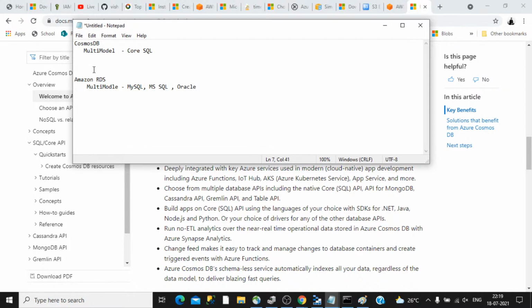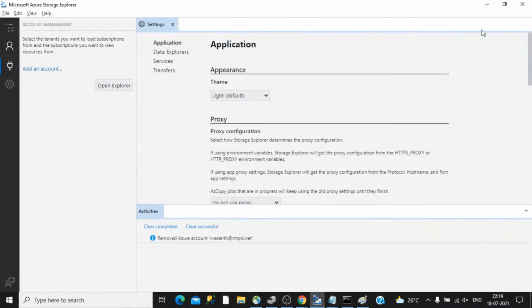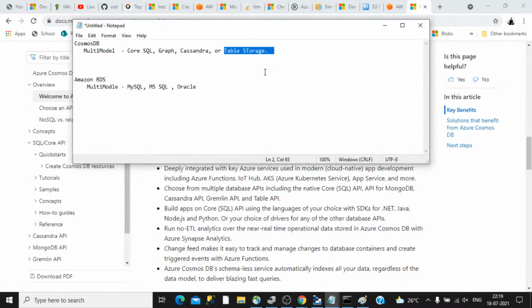Similarly in Cosmos DB you have the option to choose Core SQL, or Graph, or Cassandra, or table storage. This is a better table storage than the native Azure table storage. Inside the Azure storage there is a table storage.